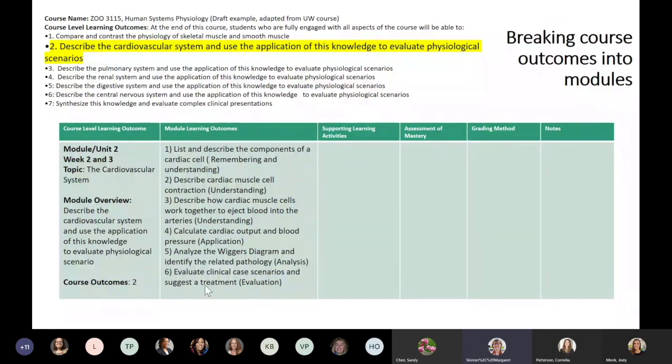And again, just as we scaffolded our big, broad course outcomes, as Jodie said, what do they have to do first before they can do anything else? I've done that too within this module. I started off at my very lower order thinking skills sections, just getting them to know their basic facts and understand them. And then you can see as we start moving through this module, we're moving up our Bloom's taxonomy into our understanding, application, analysis, and evaluation types of things.